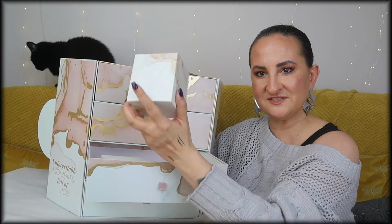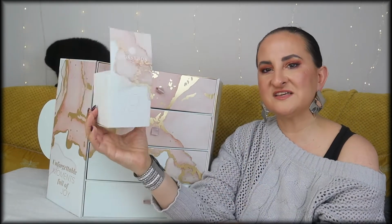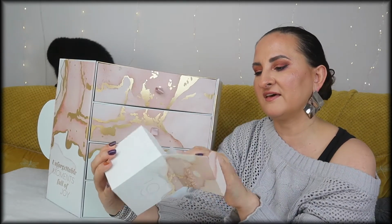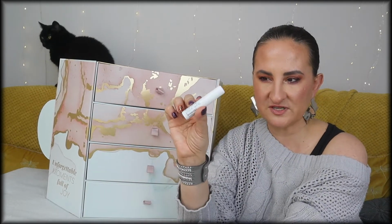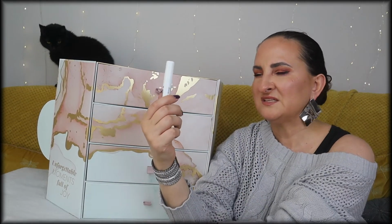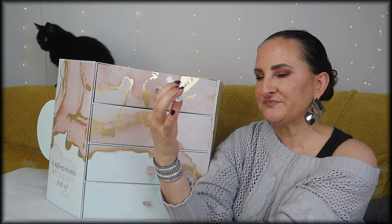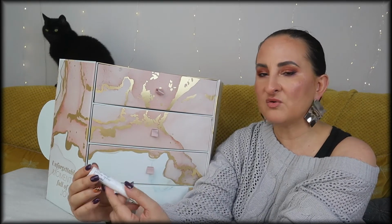It's going to be number 19, which is already here. Okay. Okay, that is disappointing. So we have this box that kind of would suggest that you get something nice in here, and what you get is the tiniest ever deep sleep pillow spray by This Works. I like this product, but this is disappointing in general because it is so small, and they used such a big box to put this in there. This is a good size when you're traveling and you just want to put that in your travel bag and just spray your pillow on the go, but